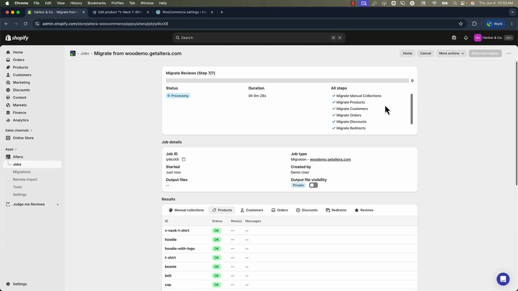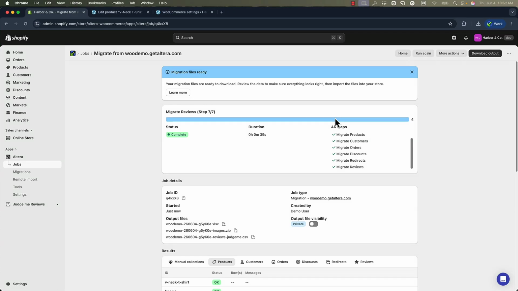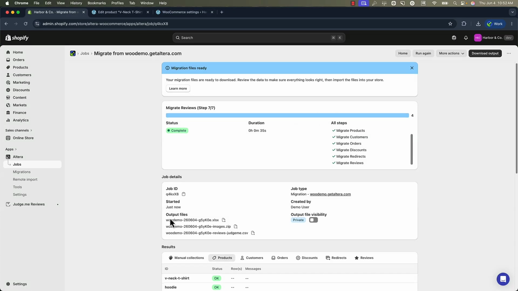This should just take one more second if we wait here for the reviews, and now everything's ready. Just a few things to point out here. Normally an export will just have a single output file. In this case, since we have additional data from WooCommerce that we need to bring over, you'll see extra files